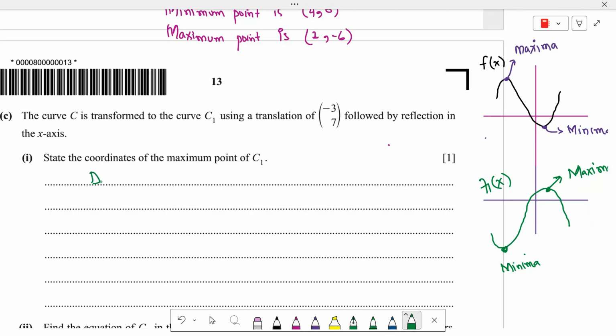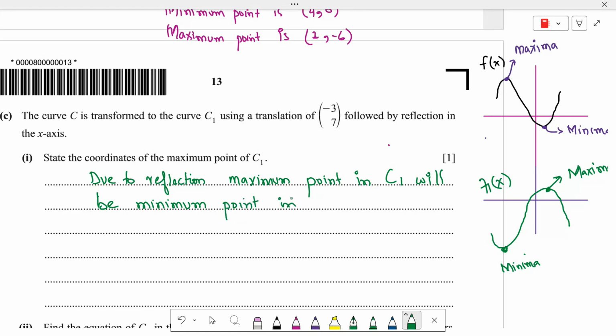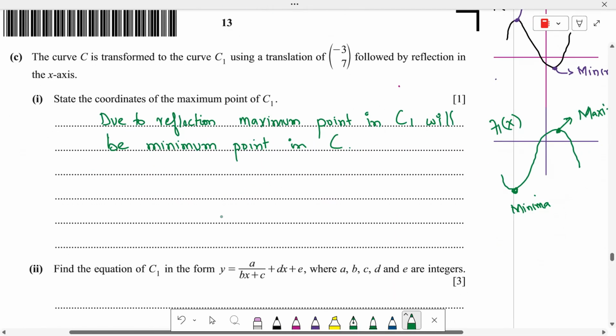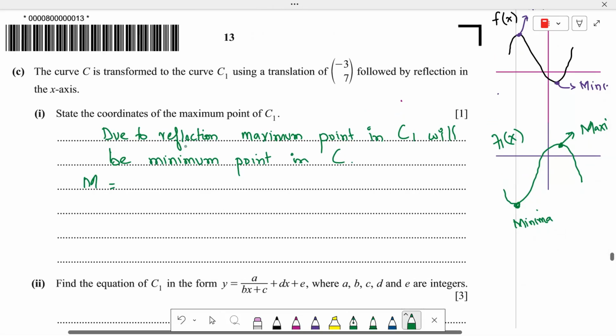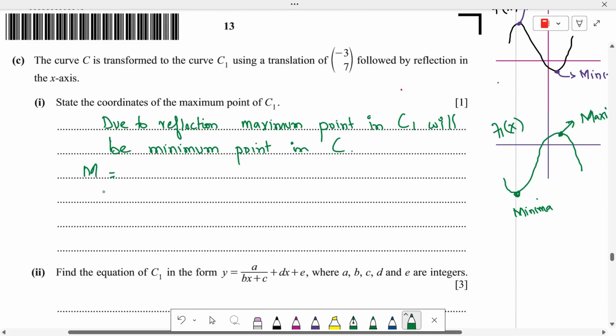So due to reflection, the maxima point in C1 will be the minimum point in C. So we can say that M is the minimum point, which is (4, 6),